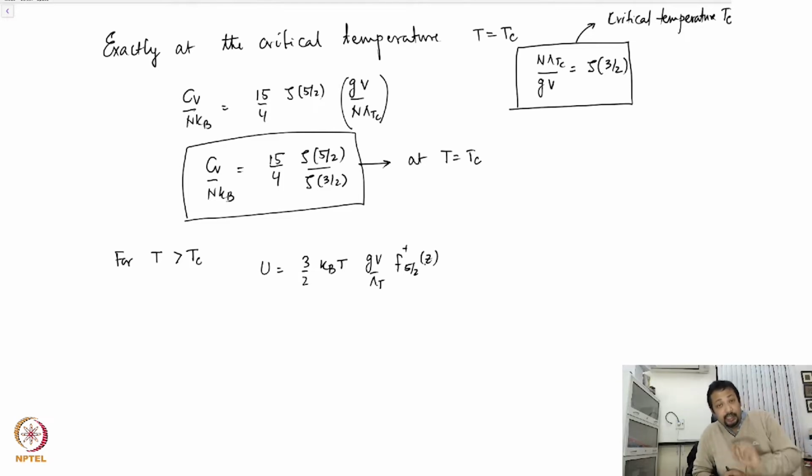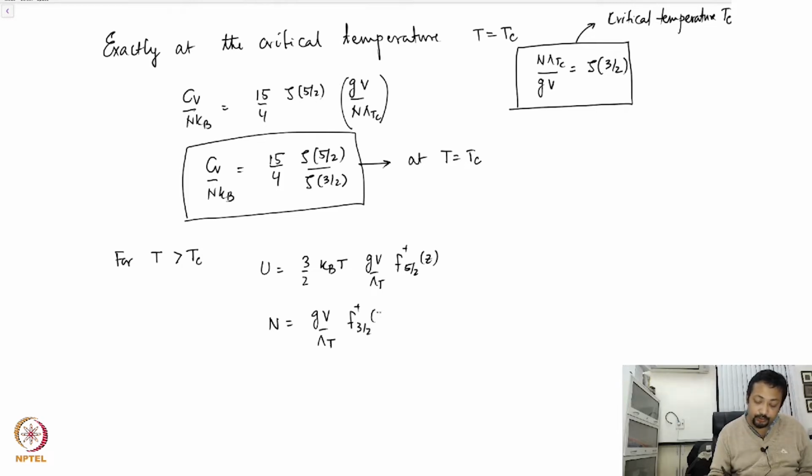Now here again I have to determine the fugacity from the total particle number, which I had, gV over N lambda T f plus 3/2 of z,